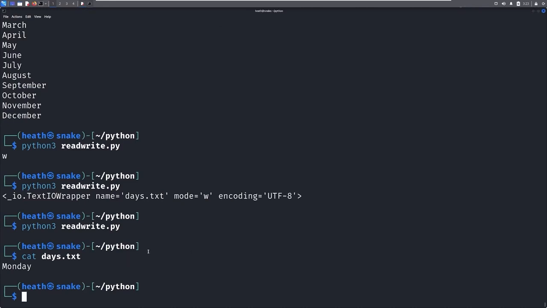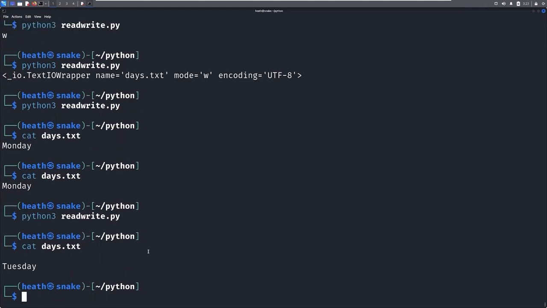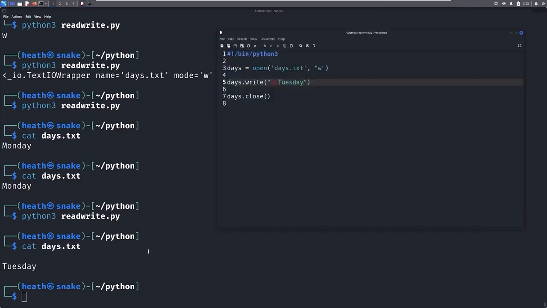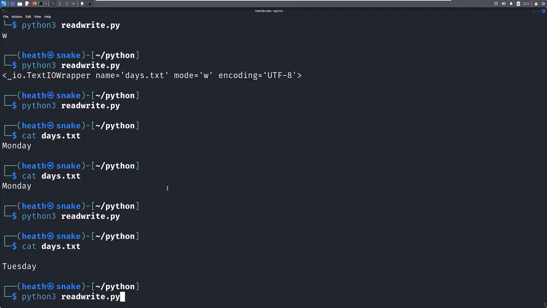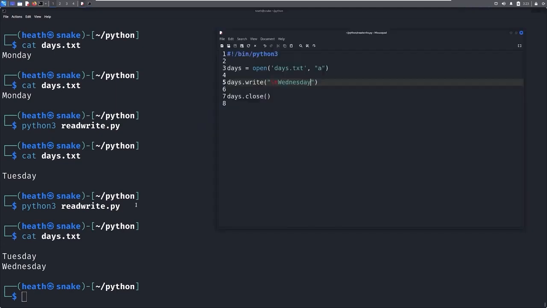So let's save that. Let's run the script and then print this. And you'll see we have the new line in there and we have Tuesday, but we actually overwrote it. We don't have Monday anymore. So what's happening here is we're writing to a file, which is overwriting the file. We're not appending to the file. So if we wanted to append to the file, what we need to do is change this w to an a. And we can come in here and write in Wednesday if we wanted to. Save this. And now run this and run that. And now you can see we have Tuesday and Wednesday. So understand the difference between r being